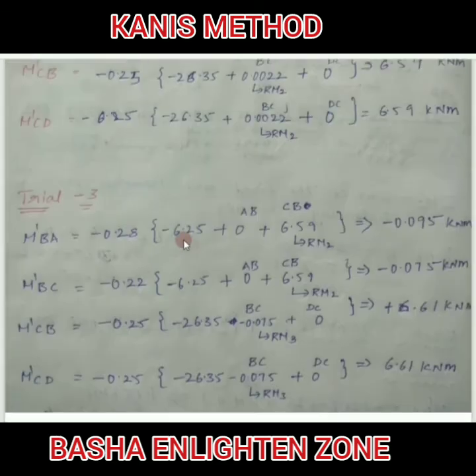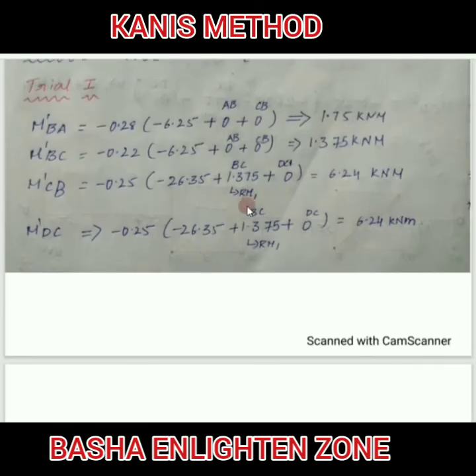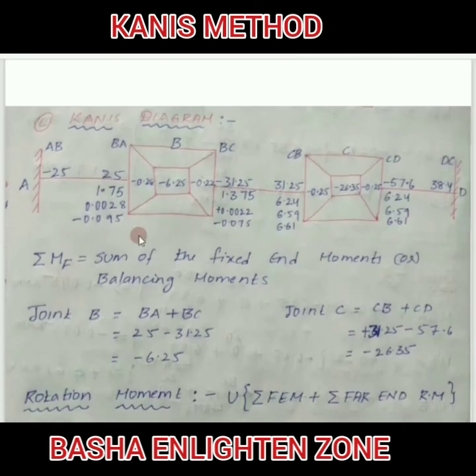I will show directly here itself, no need to write down there. You can calculate here itself directly. If you are better in this procedure, you can calculate directly here. While calculating BC, what is the formula? Take down the fixed moment, that is minus 31.25 plus 2 into its near end, which means 2 into 0.075 plus